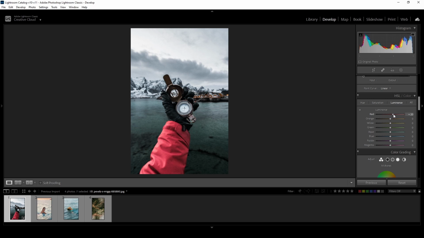Now I will adjust the luminance levels of individual colors in order to make some colors bright and some colors dark to add color contrast. I will readjust saturation as colors change when you change their luminance levels. Now I will adjust the hue of colors to add color harmony. I'm again adjusting the saturation in order to get the desired saturation level.